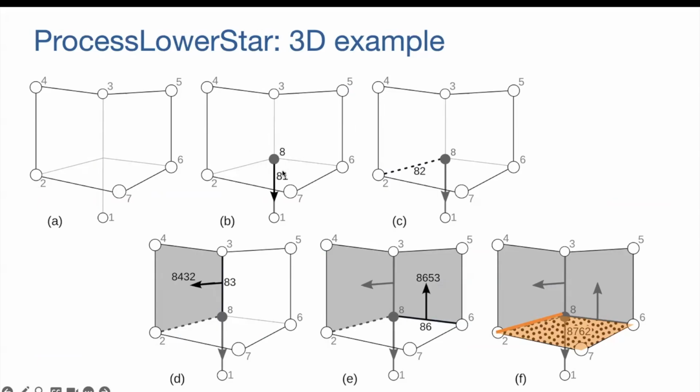Okay, so I'm going to add the lower star to pixel 8. And so the very first sketch here is showing you what that lower star is and the vertices in its lower link. Yeah, is that clear? So when I add vertex with value 8, I'm going to pair it to its